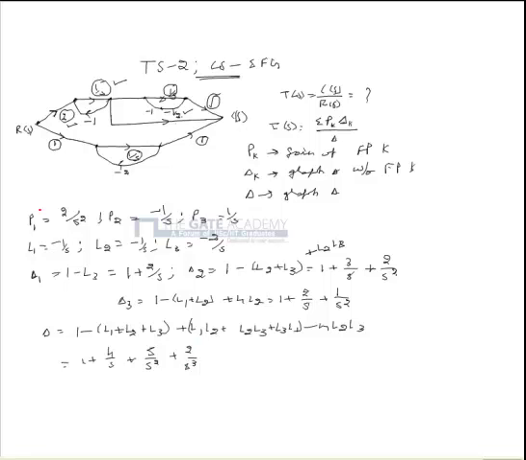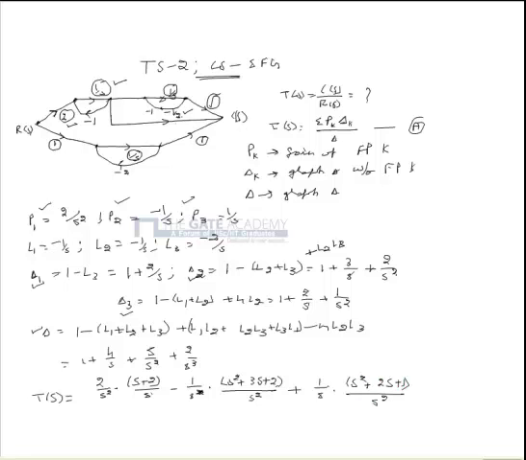On substituting the quantities p1, p2, p3, delta 1, delta 2, delta 3 and delta in the equation A, we get T of s is equal to 2 by s square as a whole multiplied by s plus 2 by s, minus 1 by s square minus 1 by s multiplied by s square plus 3s plus 2 divided by s square, plus 1 by s multiplied by s square plus 2s plus 1 divided by s square